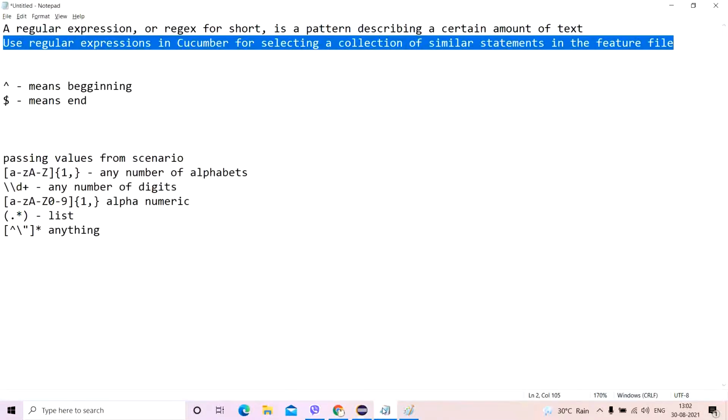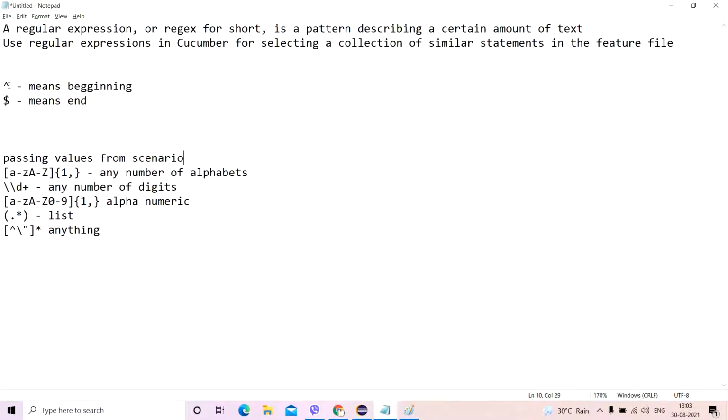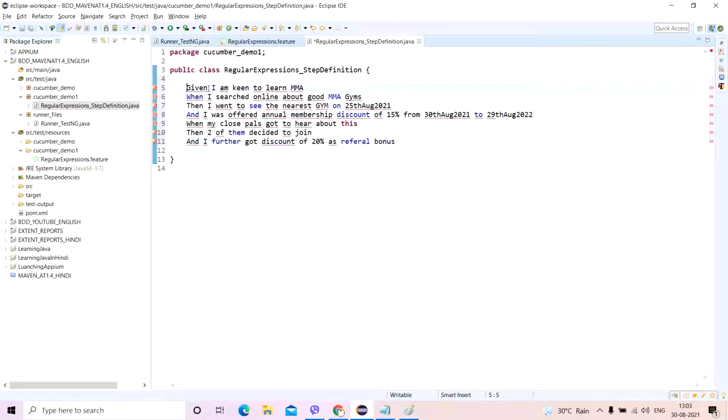Now there are few things that you need to know. The caret means the beginning of a statement, the dollar means the end of a statement, and these are the different regular expressions that you will pass depending upon what you are picking up from your feature file. I have written this, you can follow it, and let's go to the code. First, I'll make these annotations, @Given, then please take care of the spaces.